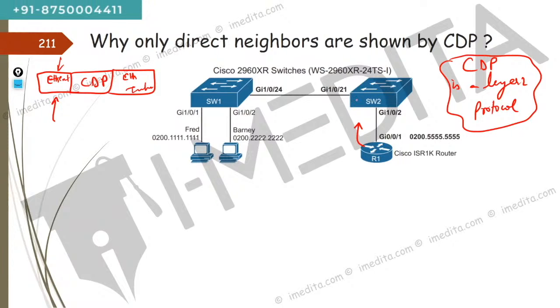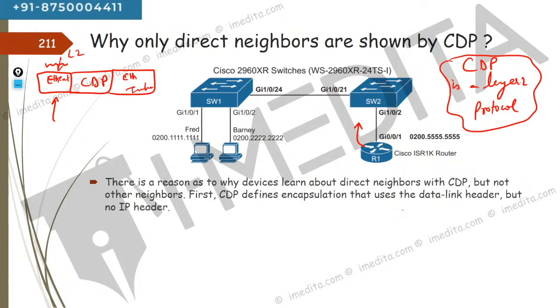In this case, there will be a data link header, that is a layer 2 header, but there will be no IP header. Like I told you, CDP defines encapsulation that uses the data link header but no IP header. Apart from that, it also uses a multicast MAC address. So there is a multicast MAC address of